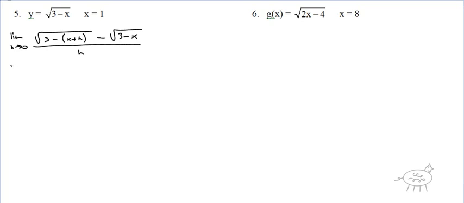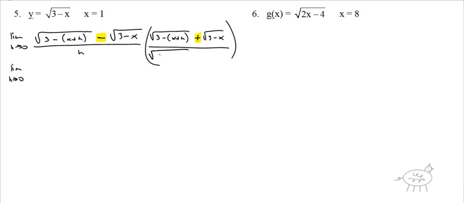All over h. So we get the limit as h approaches 0 of, here, I need to multiply by the conjugate, of course. Okay, I could distribute that now if I wanted. That 3 minus x, it doesn't really matter. If I do that, I get, well, let's just keep it consistent. Okay, plus the square root of 3 minus x. Okay, don't change any other signs in there. It's only this sign that is the opposite. Okay, it's very important. Okay, then over the square root of 3 minus x plus h plus the square root